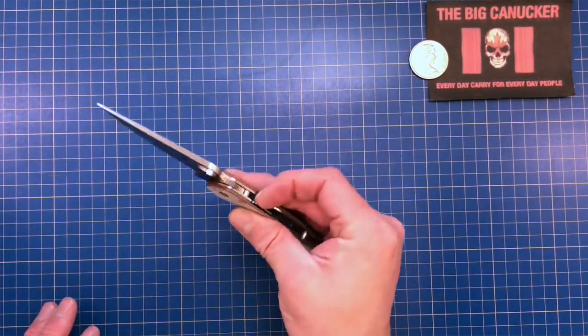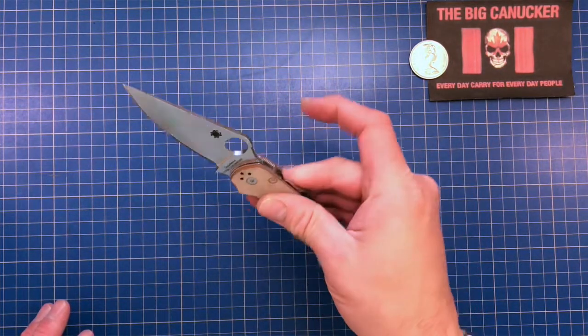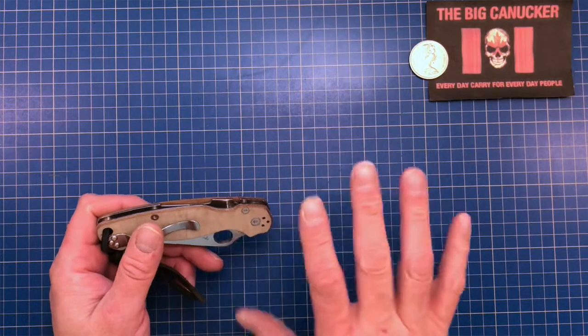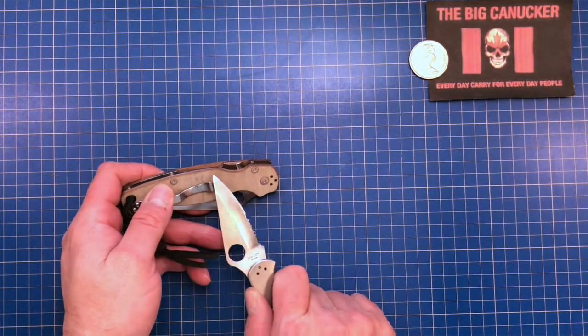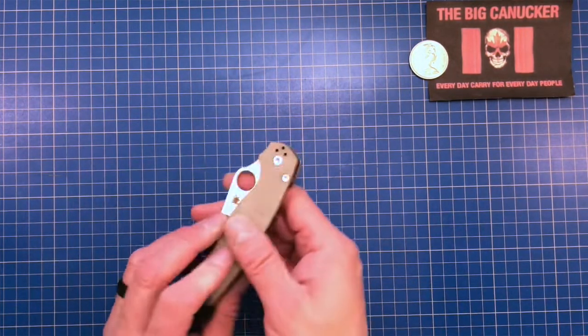Where this one here, basically you can close it and you can even open it if you want, all without having your fingers in the path whatsoever. There. And I'm not sure. I wish I would have had another PM2 here, but it seems to me that they've ended up kind of opening up this a little bit too as well. This seems a little bit larger than just the regular